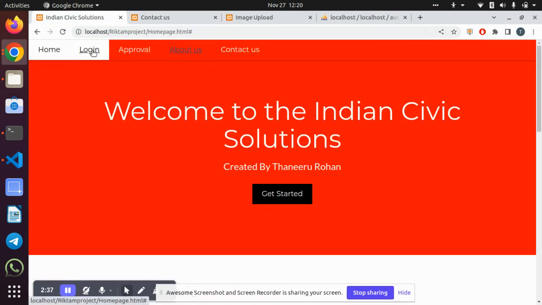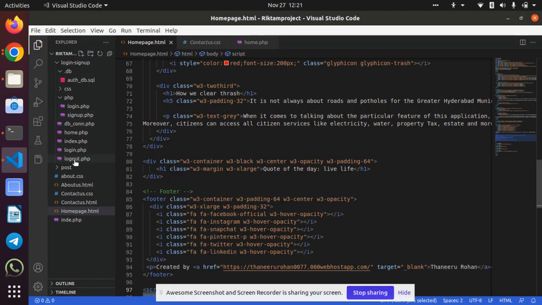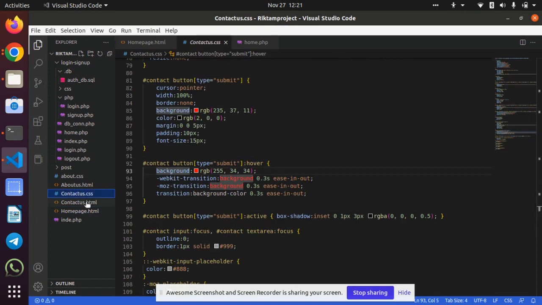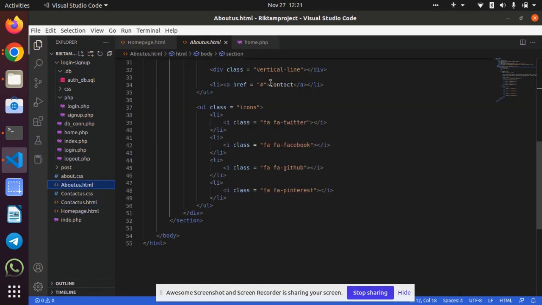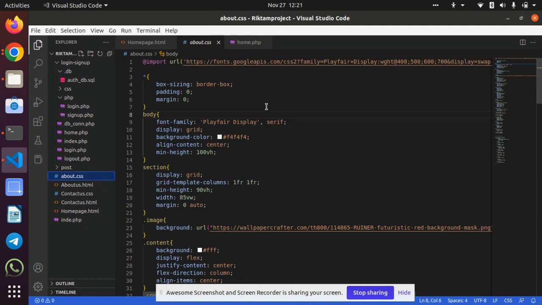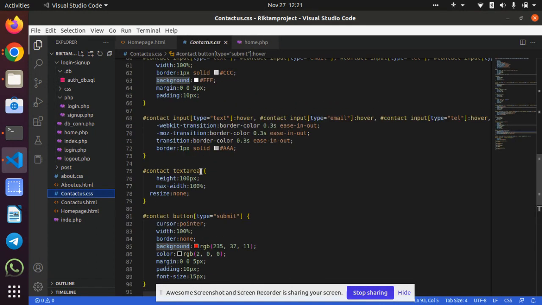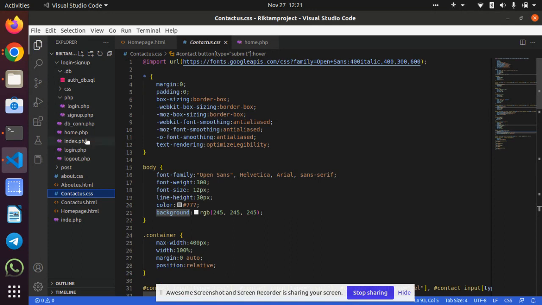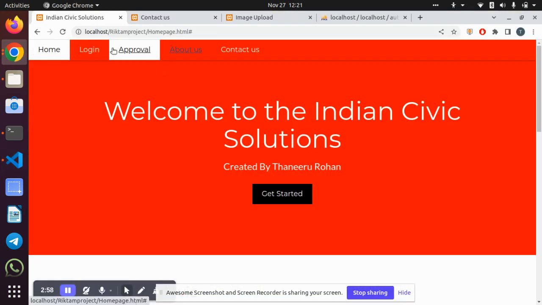After about us, contact us and the home page, coming to the login page. I also made the code for the about us and contact us pages. You can see the about us and contact us HTML files and the about us and contact us CSS cascading style sheets. I made these using Visual Studio Code. Then coming to the login page,